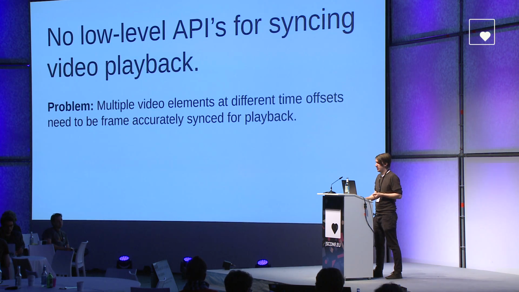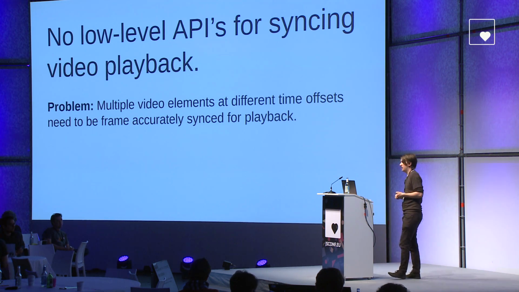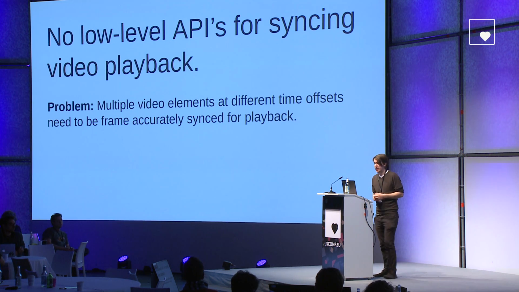OK, so finally, this is kind of a biggie. There's no low-level API for frame-accurate sync of multiple videos. And this is kind of a problem, because we have quite complex timing requirements in the video context. We have videos playing on a timeline at any point. We also have offsets within those videos if we're taking a clip out of them. We need to make sure they all stay in sync. The solution to this one